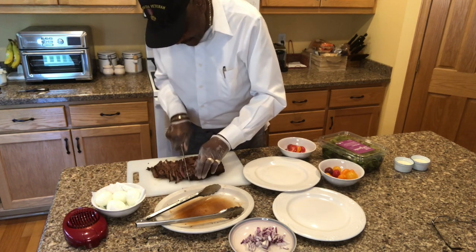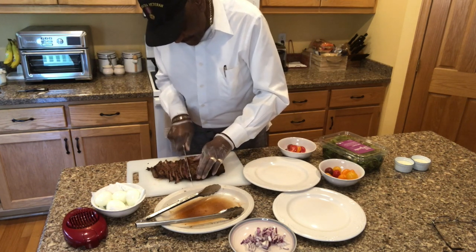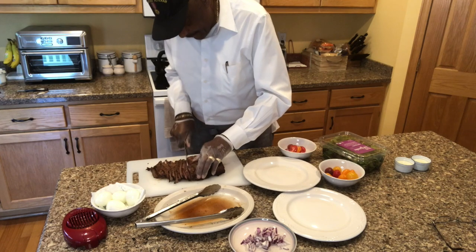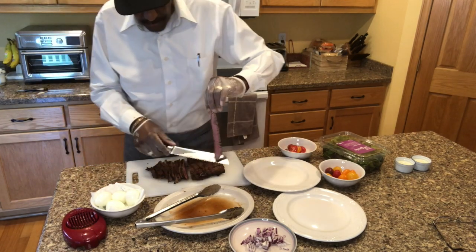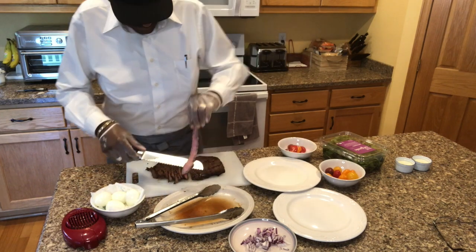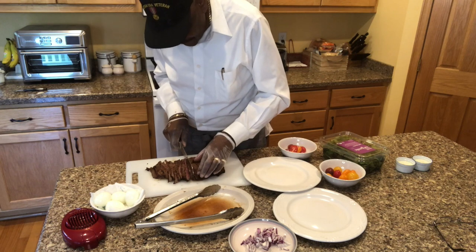All right, it's looking good. It's getting redder as I go toward this end, as I indicated. And it's cutting very easily. I don't mean to make it sound like it's tough. It isn't tough at all. I'll show you one of these slices as well. It's beautiful, all right? Okay, so I'm going to slice a couple more, that'll be enough to start building a salad,